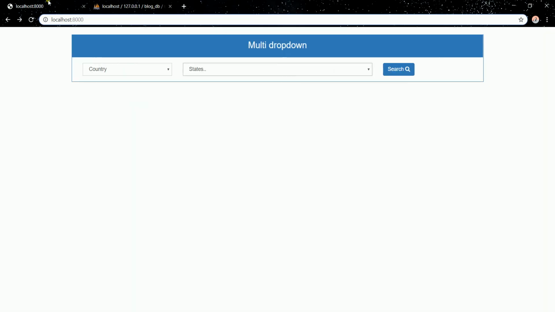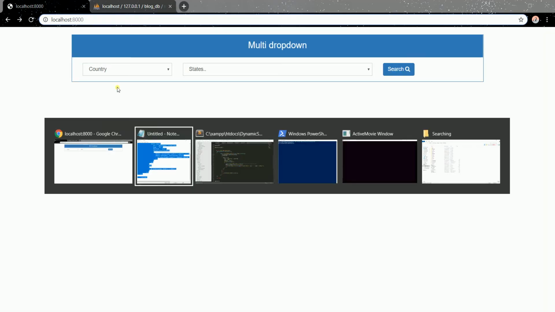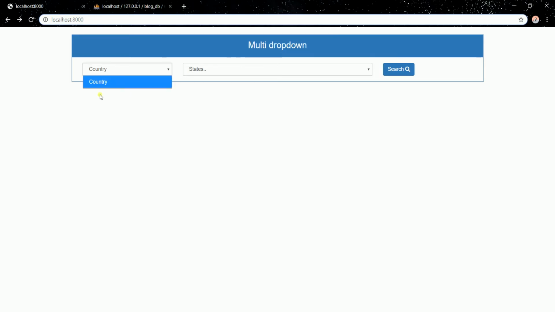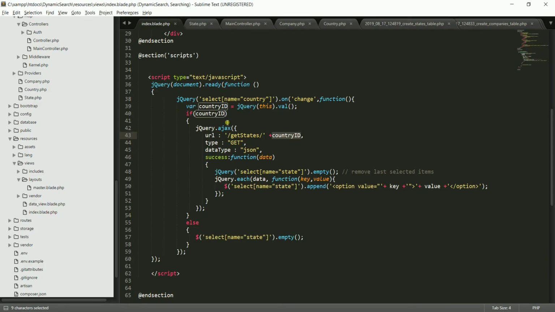Let me show you. Whatever exists there, get that, and if there is a country ID, or if there is something in the country field, go and create the URL. It is the URL we will create right now, and this is the ID of the data. For example, if we have Afghanistan here, the ID of Afghanistan will be stored in country ID. So we're going to pass this ID through this URL,